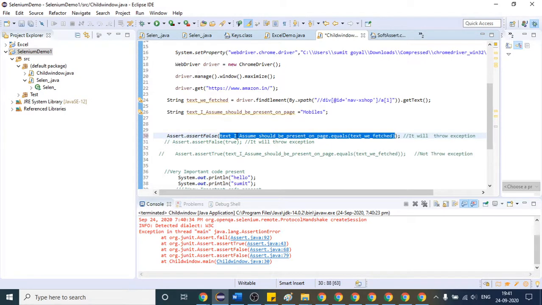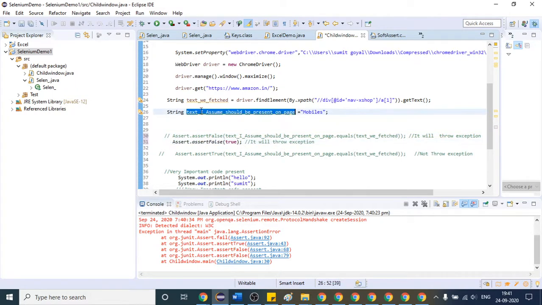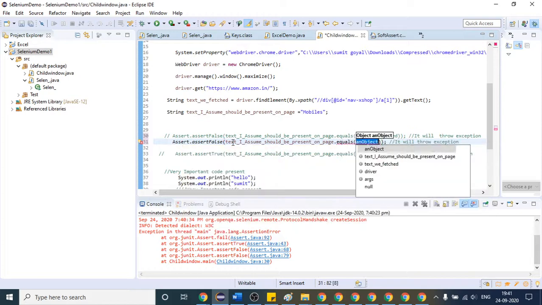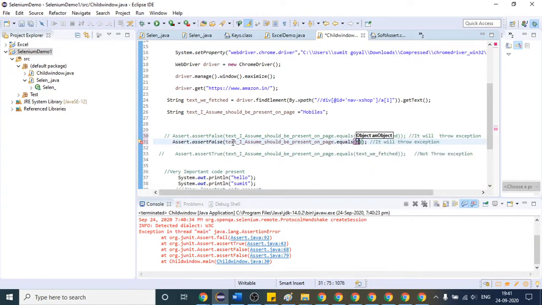So this way we can use this, and there is another way. Suppose I use the same comparison here, dot equals, the text we fetched. So this time what will happen again?